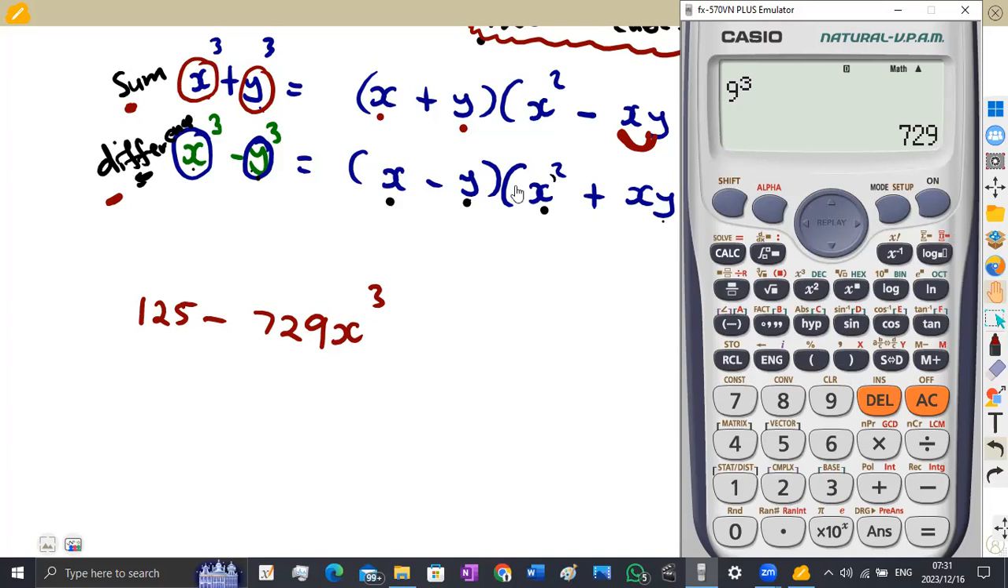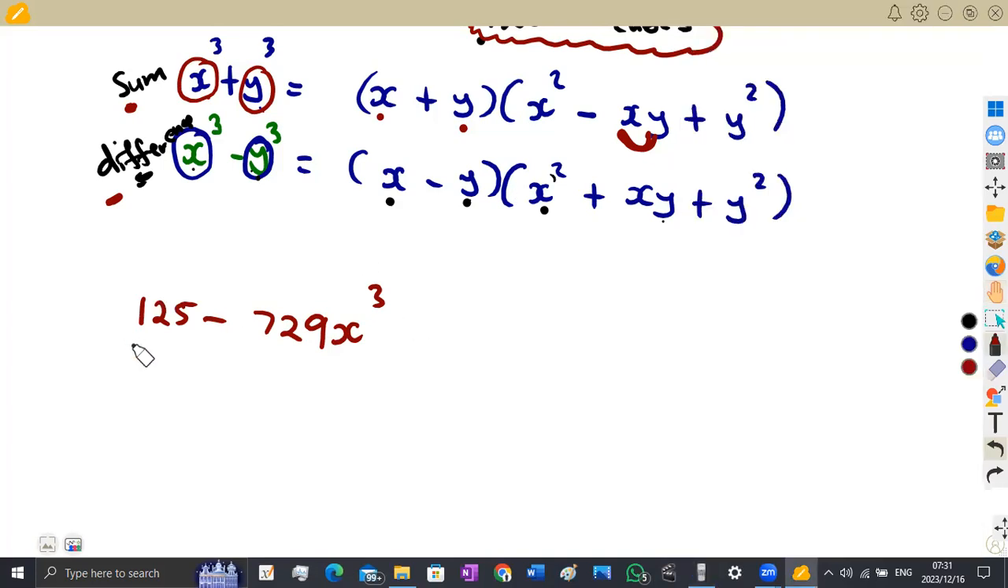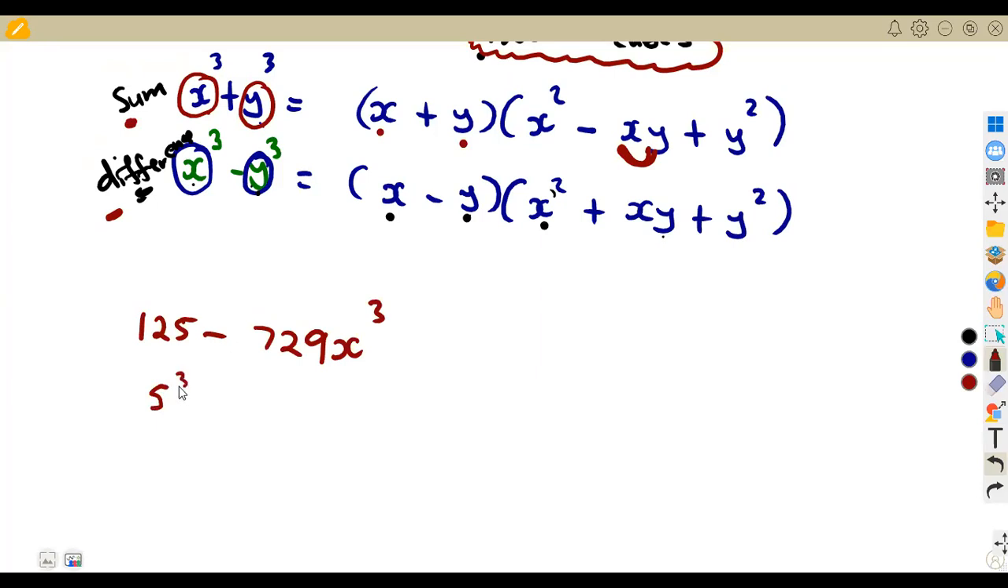gives us 729. So this is a perfect cube, because we saw that 125 is the same as 5 to the exponent of 3, and 729 is the same as 9 to the exponent of 3, and we've got x to the exponent of 3. As we can clearly see here, everything is raised to the same exponent of 3. So this can be rewritten as 5